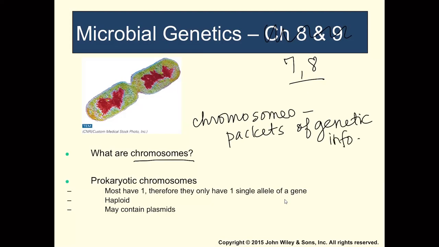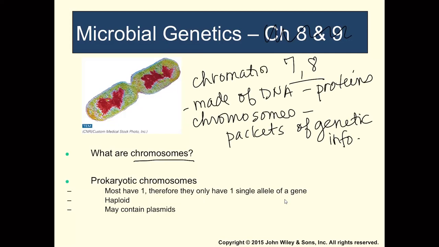Okay, so they're made out of DNA, right? And there's proteins wrapped around the DNA, so that's how it gets all combined, and that's how it forms chromatin. So chromatin is kind of when it's loose and not condensed. So now